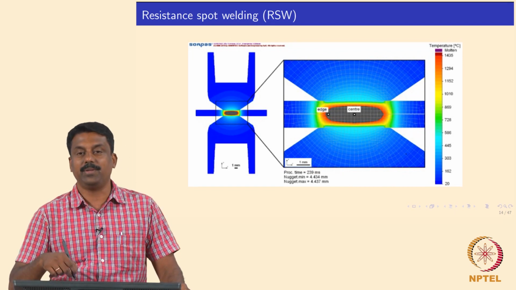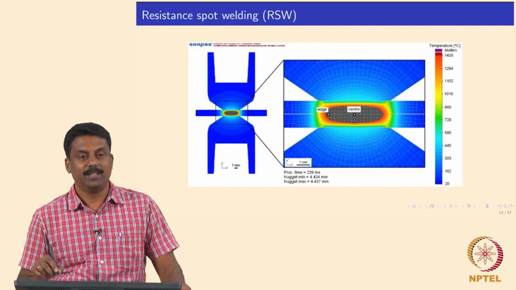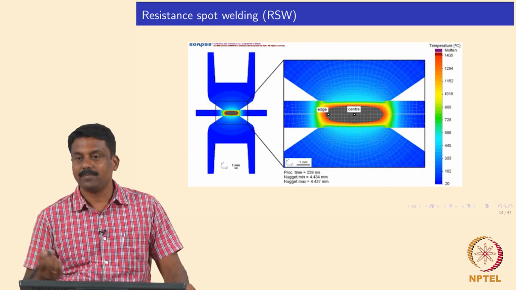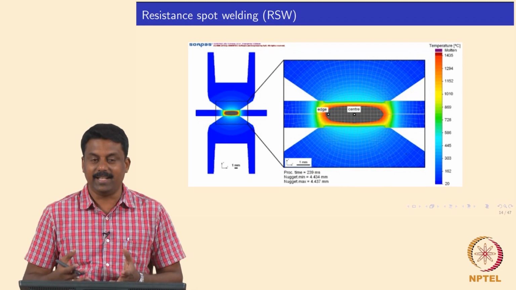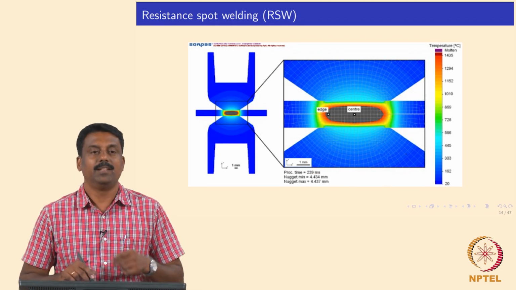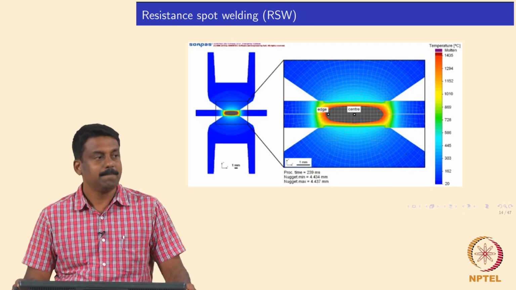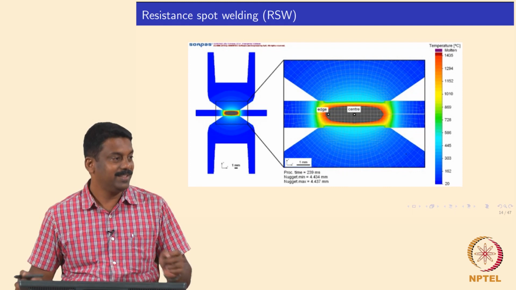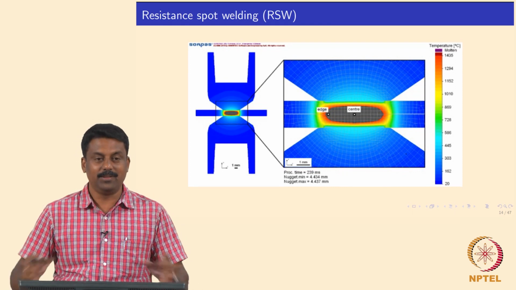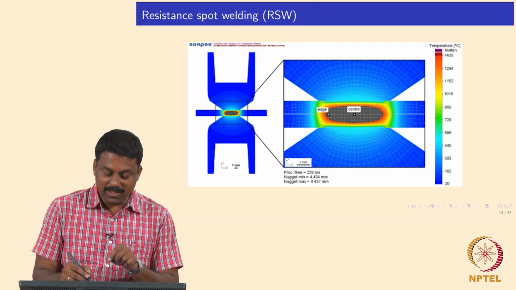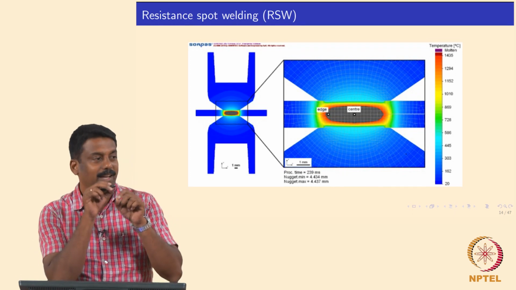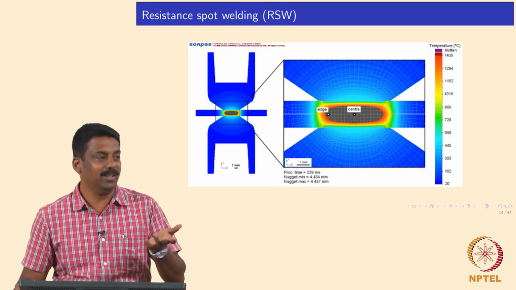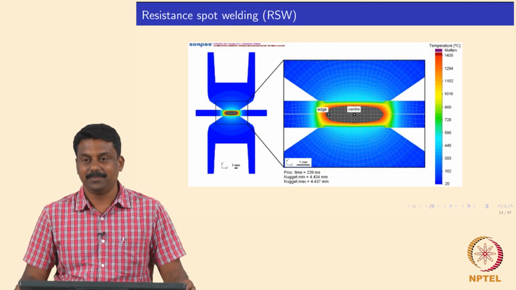The other point is, it is very difficult to measure the temperature by experiments. If you attach a thermocouple, it is very difficult to get the temperature. Why? Because you are passing a current, and the thermocouple will also influence your temperature measurements. Pyrometer, how do you measure? Because the weld is not exposed. The weld is contained. You will be measuring only the surface between the electrode and the sample, and that is always cool, is it not?